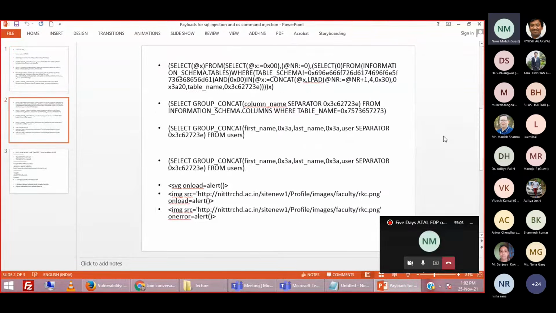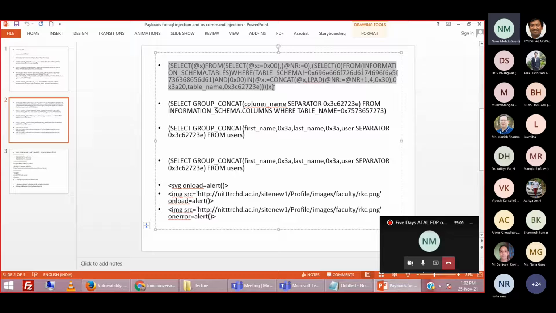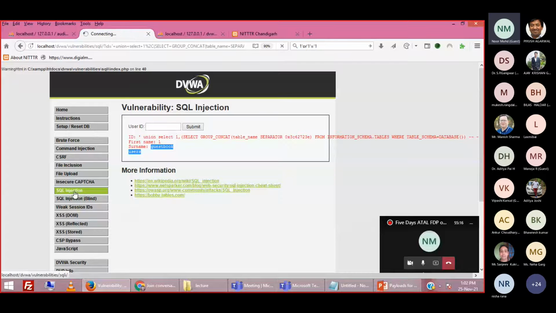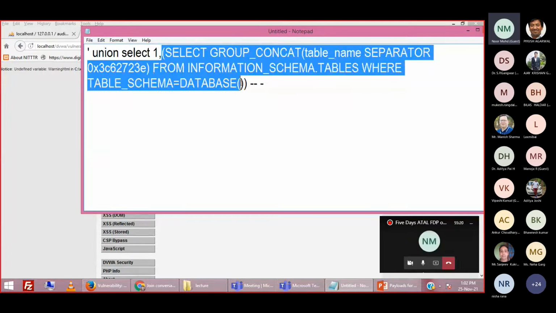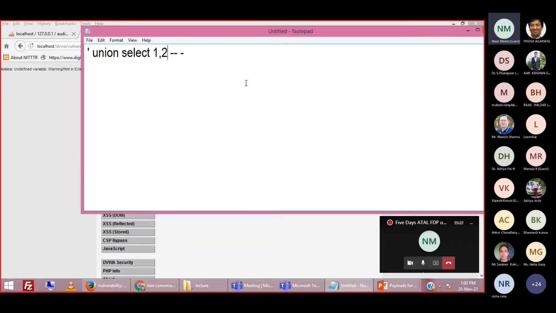Let us use some different payload. Let me check if this payload is working. So in place of 2, I am writing this payload.